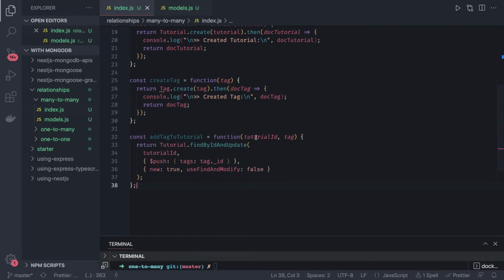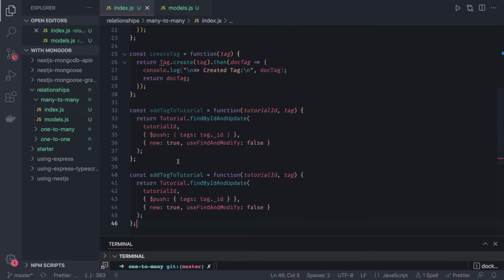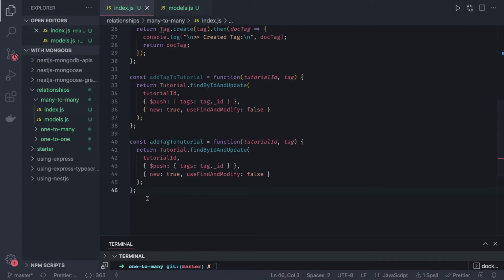I'm just cutting this short. So here tutorial.findByIdAndUpdate, and then we will just push the new tag ID. That's it. And similarly, we will write another method, add tutorial to the tag. Because it's many to many, if you are populating tag to the tutorial, then you have to populate tutorial to the tag, add tutorial to the tag. So here we are doing